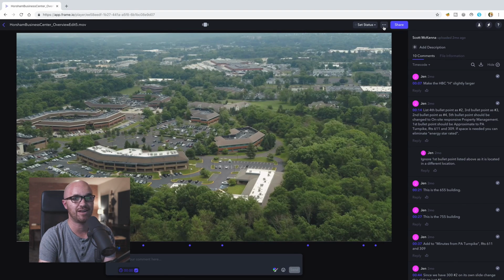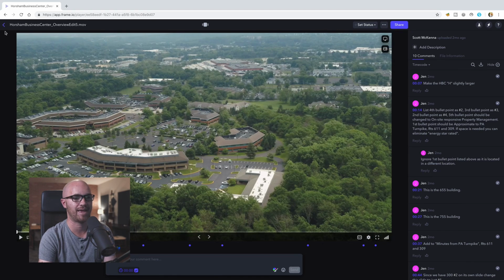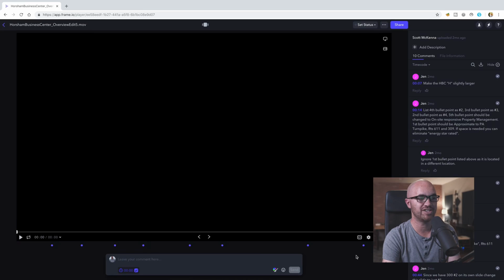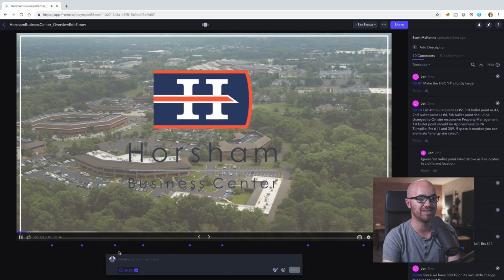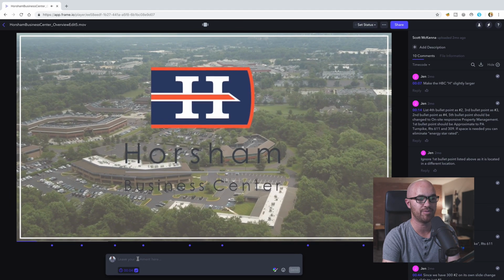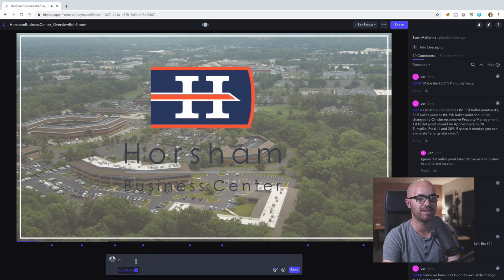But they can download the file directly from there, and it makes it convenient because you don't have to worry about sending them the final link somewhere else. If they approve it and they love it, they can download it right there, and it's easy to use. Bam, done. For them to actually make changes as I'm watching this in real time, all I have to do is literally just click in the comment bar and start to type, and it pauses the video and immediately makes this time code what I pause the video at, and I can type whatever I want and hit send.